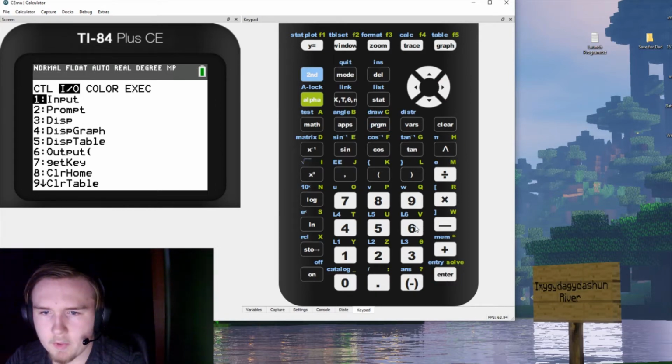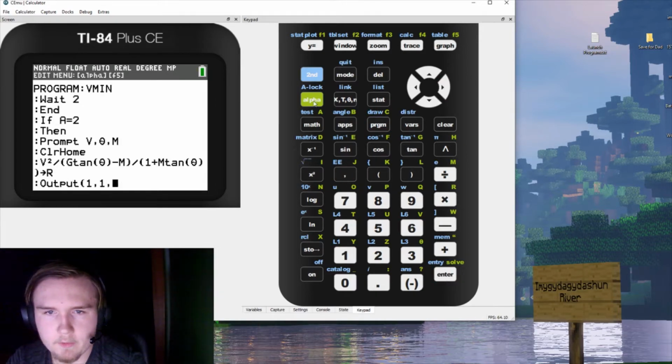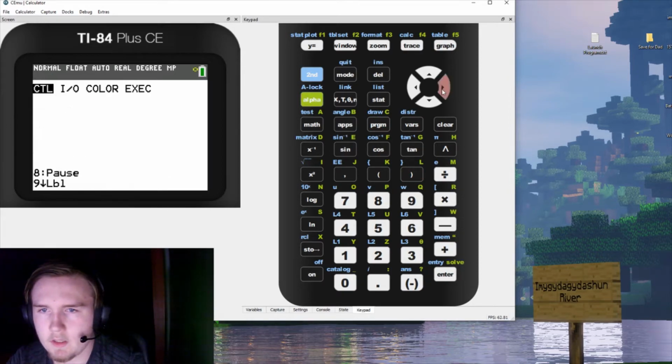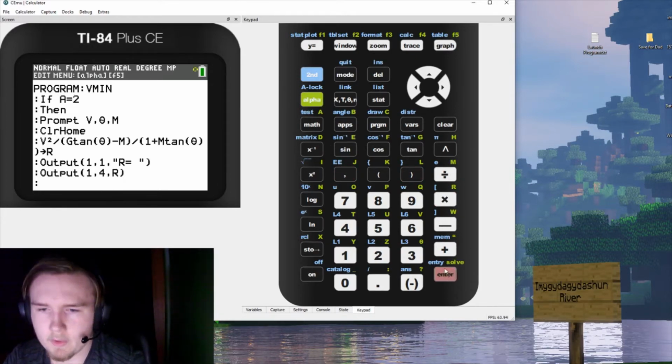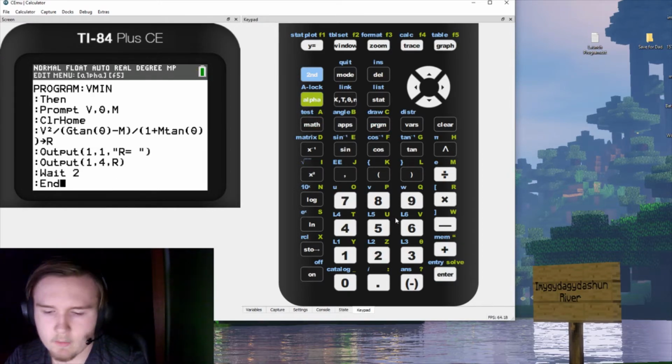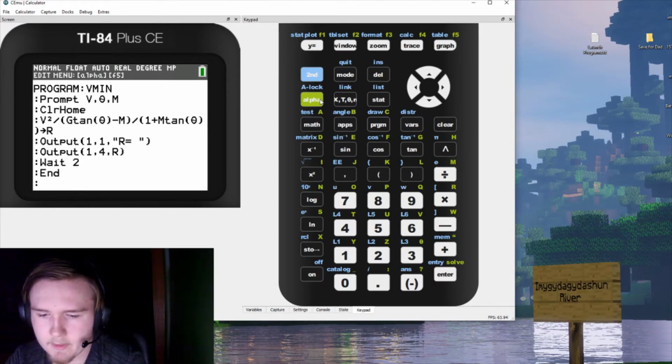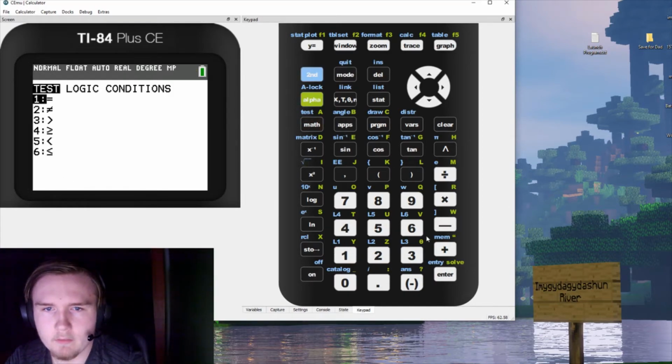Then we are going to output at 1, 1, or 2, 1 if you're on a non-color calculator. Again, R equals space, quotation, close your parenthesis. Again, output at 1, 4 or 2, 4 if you're on a non-color, and then output R. Close that, and we're done with that section. We're just going to say wait 2 and end. Again, instead of wait 2, you would say pause if you were on a non-color calculator. Halfway there for this program, if A equals 3,